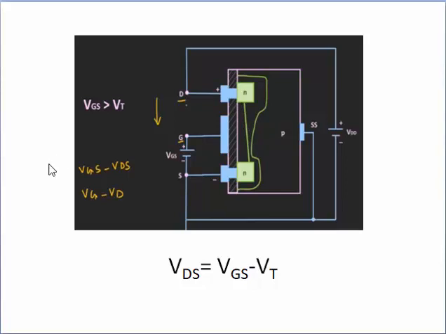But actually, if we see, still the current will flow through the channel, and this ID current will get saturated because the electrons which are passing through this channel are still able to cross this depletion layer due to the electric force. So once the pinch off condition occurs, the drain current will get saturated. Even if we increase the value of VDS, still the current will almost remain constant. That is the condition of saturation region.